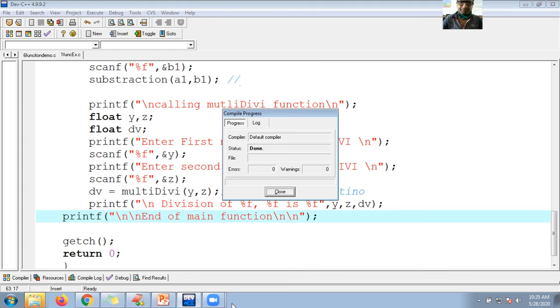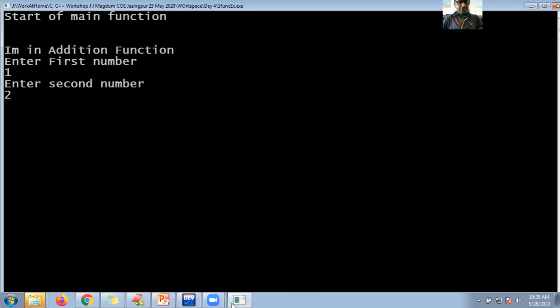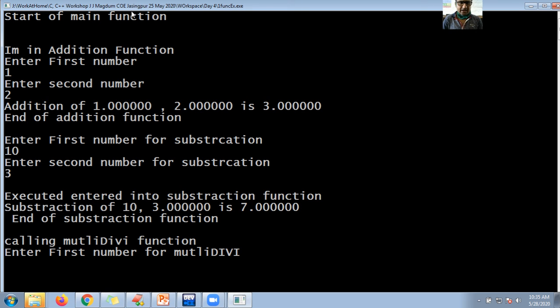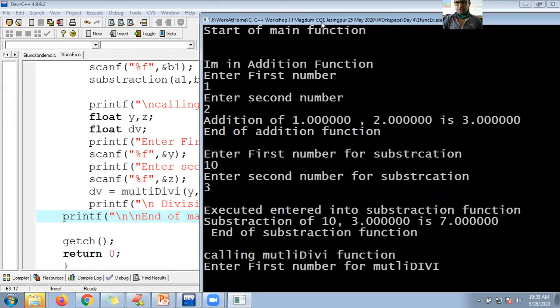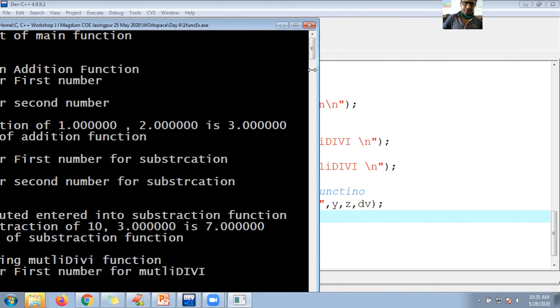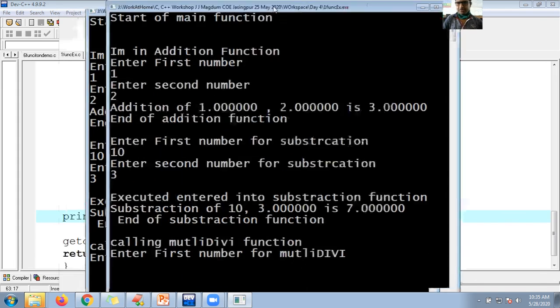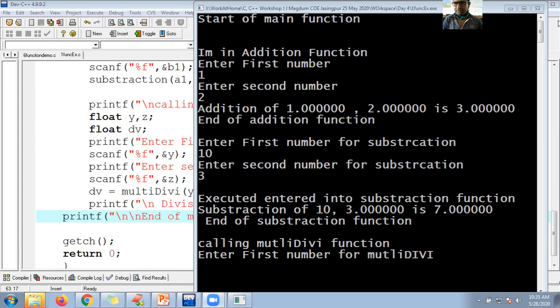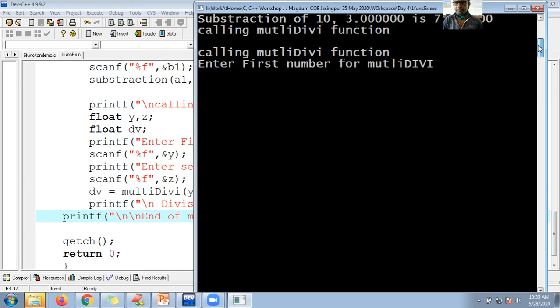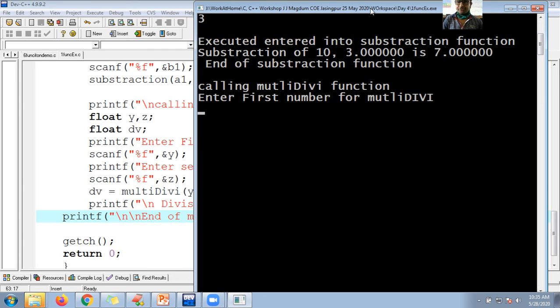Control F9, Control F10. 1, 2, and 10, 3, and guys, let me bring the scroll, so the screen is visible for all of you. Screen must be visible. So guys, I have the screen visible to all.